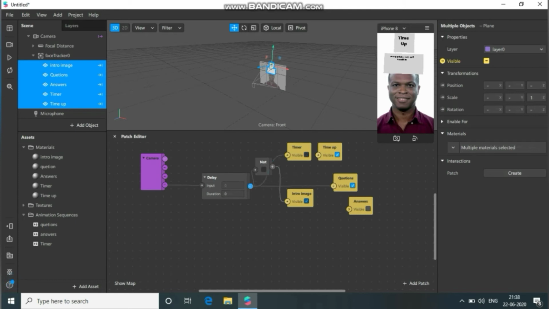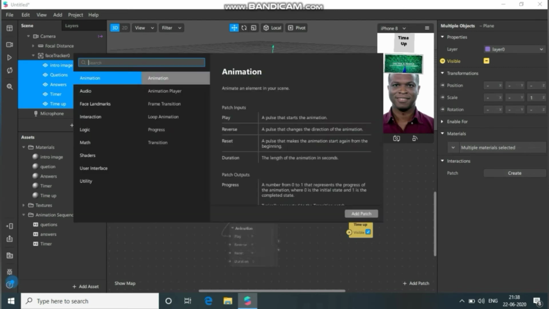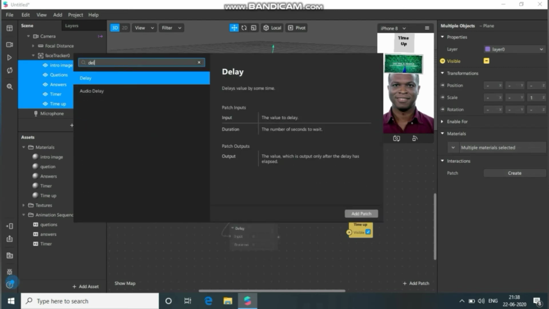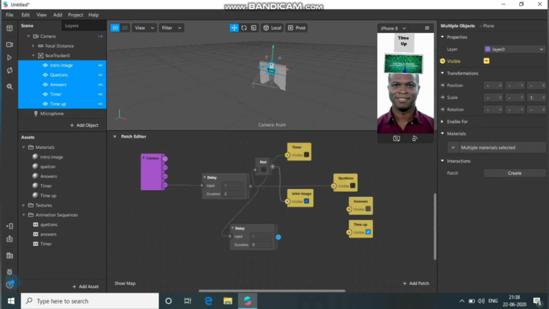Mention the duration as 2 so that the intro image will stay for 2 seconds, and select delay with the initial delay. Connect the input node to answers and time up.